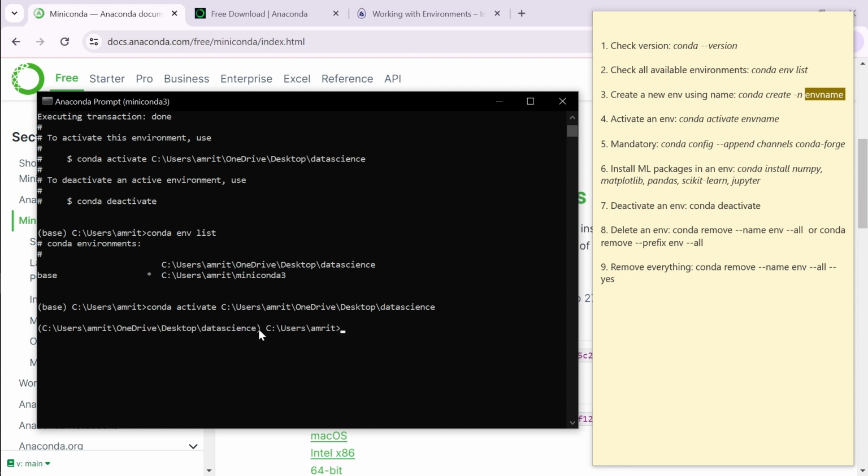Now as you can see, we have switched to this particular environment, the data science, and what we are going to do is install the packages that are important. Okay, first of all I'll show you how you can do that. If you want to install a particular version of a software, then all you have to do is type conda install